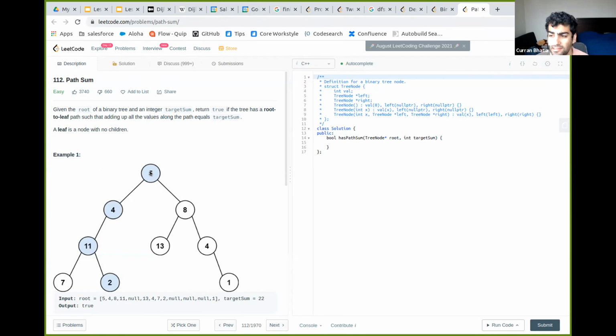If you can traverse the tree down from the root node to a leaf and add up the path to equal the target sum, in this case 22, then you return true. If you can't do that for any of the root-to-leaf paths, then it's false. Does that make sense for everyone?